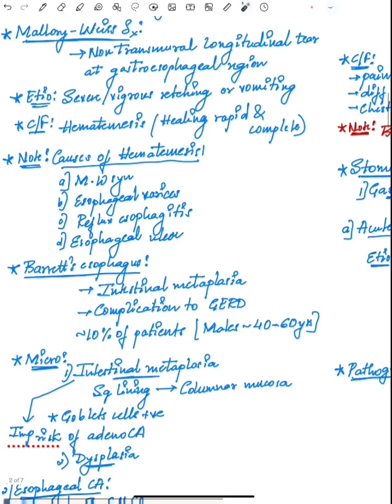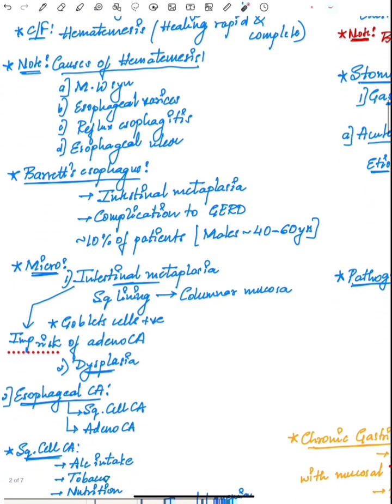Coming to the next topic, that is Barrett's esophagus. Barrett's esophagus is an important question. Now here we can see that it has intestinal metaplasia, and the complication leads to GERD. 10% of the patients can be seen with Barrett's esophagus, mostly males of around age 40 to 60 years. Coming to microscopy of this Barrett's esophagus, as we have discussed, there is intestinal metaplasia, that is the conversion